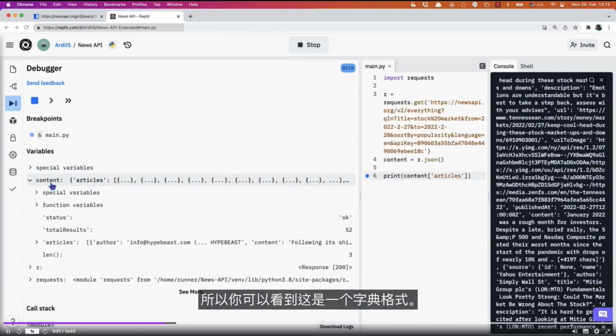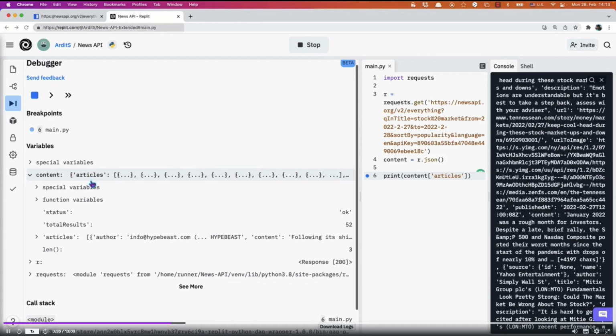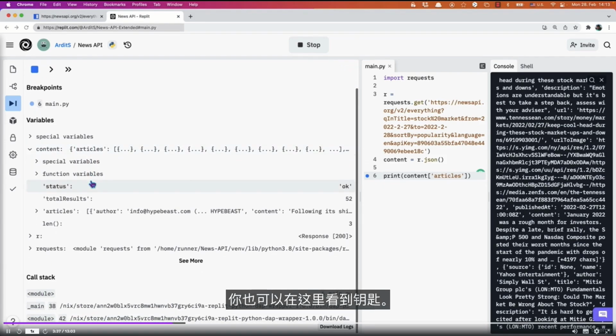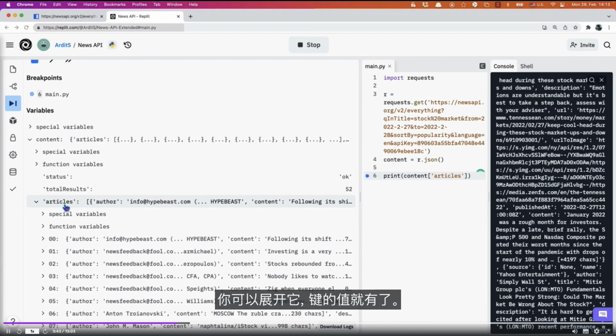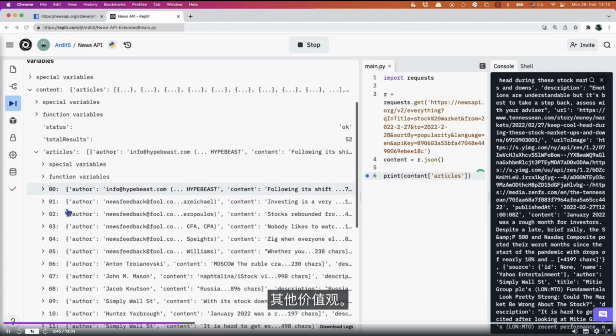So you see that this is a dictionary format. So it has this articles key, and then you can also see the key in here. You can expand that, and the value of that key has other values. So it's a hierarchy of data.